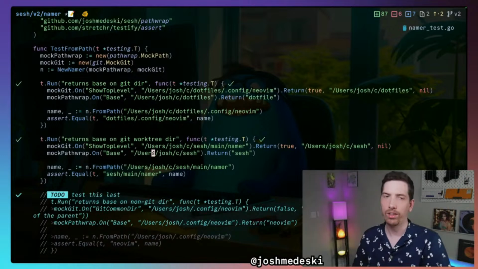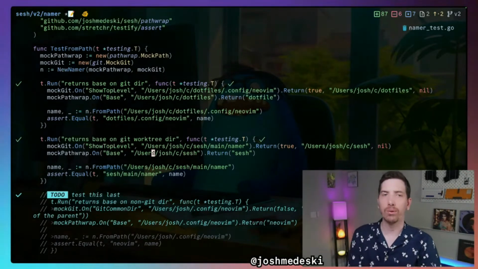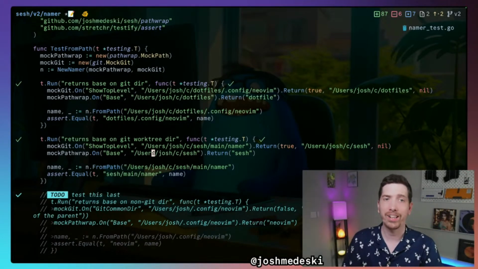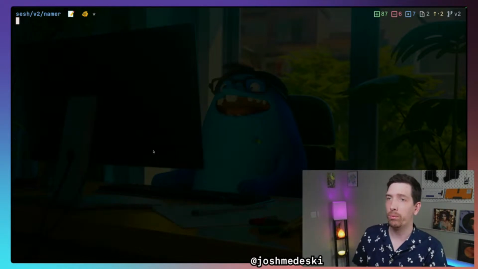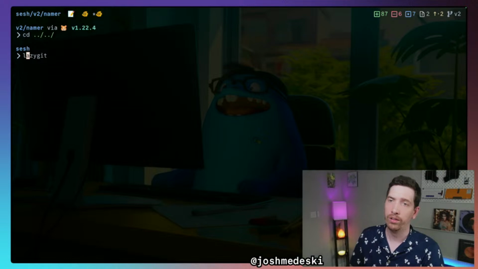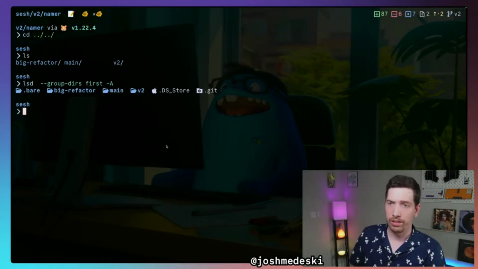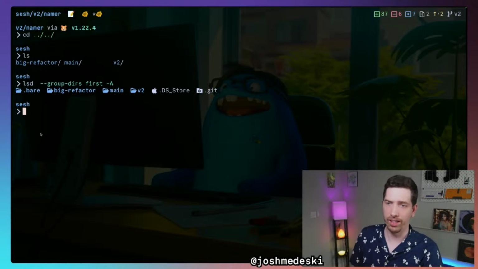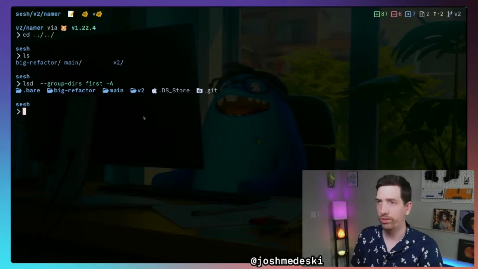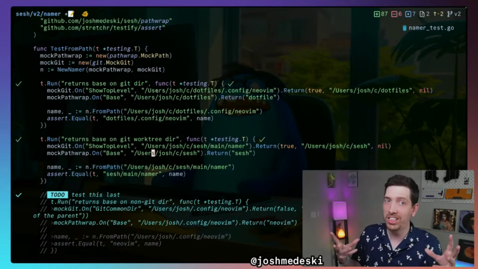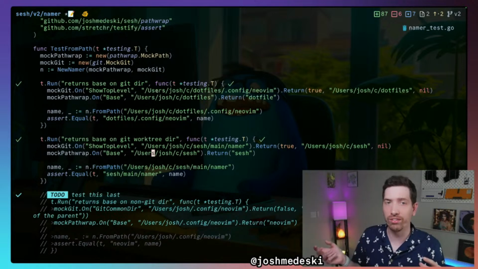Cool. So at least for now, the way the git work trees work on my machine is that it detects that the work tree is the place where the bare repo is called. So see here, I have big refactor, main and v2. All of this has that .git file here, which is also related to this .bare. So I use bare work trees. So it works on my machine, but if people define work trees differently and get a different output, now